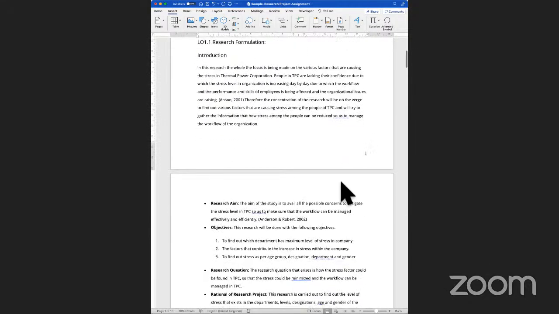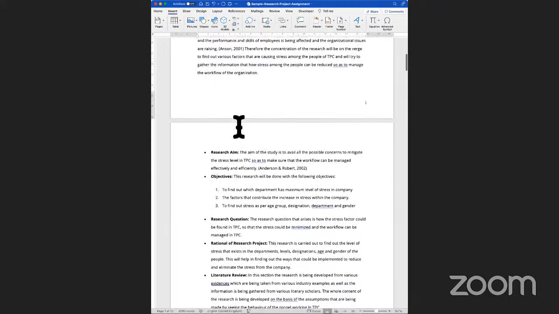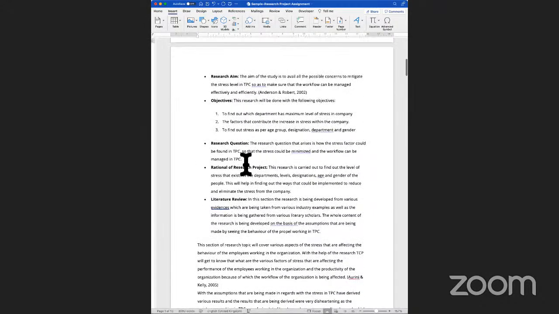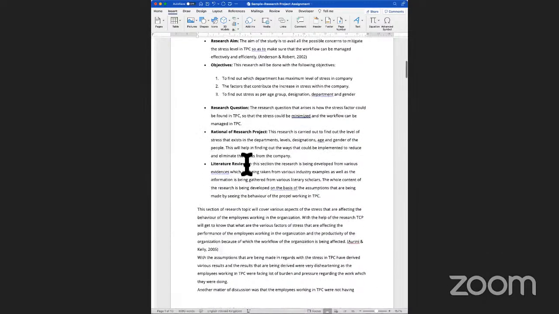So the research proposal includes a bit of background on the organization, an introduction, the research aims, objectives, and the questions which are going to be investigated in this research. Why is the research project being done? The rationale has been explained briefly. And what are the evidences which are going to be reviewed in terms of literature which is already present